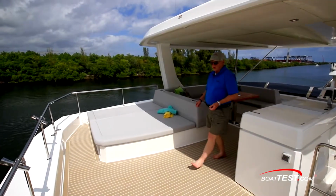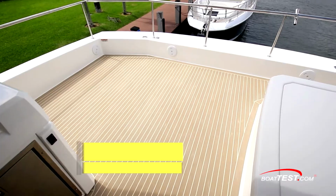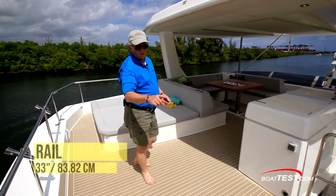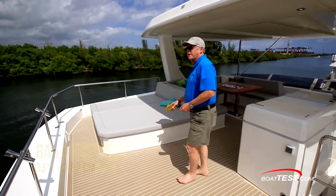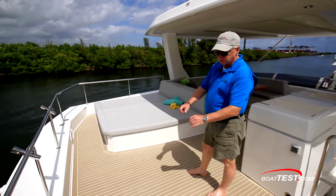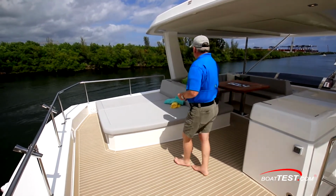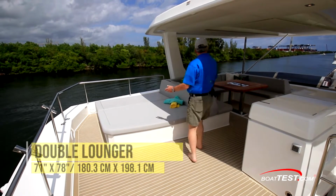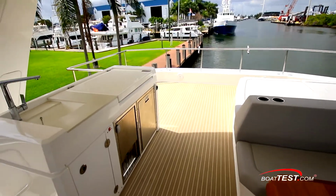We'll start aft and work our way forward. We have an open deck space that can easily be populated with deck chairs or loungers. It's surrounded by a rail 33 inches high, far and away exceeding ABYC standards, and the deck is all comfortable flexi teak. To the port hand side, double lounger aft facing, and then as we come forward, there's an outdoor